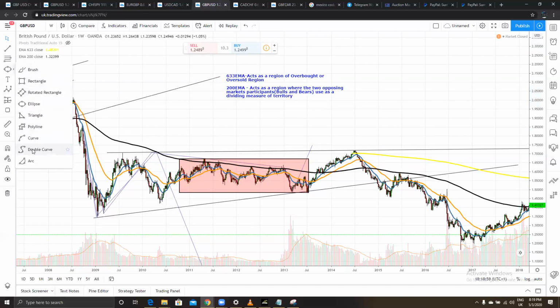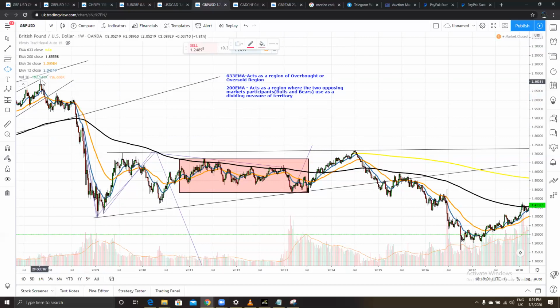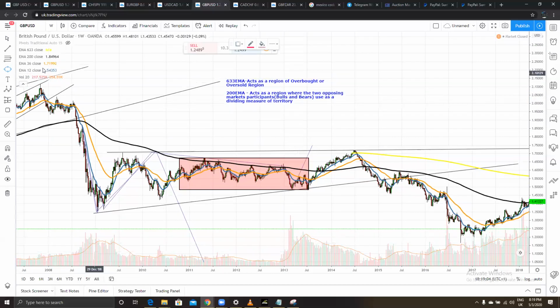That is the application of the 200 EMA, and I'll demonstrate that on a smaller time frame as well. But obviously, you need to know when change is occurring, so that when price gets here, you can take a low risk trade in this particular area